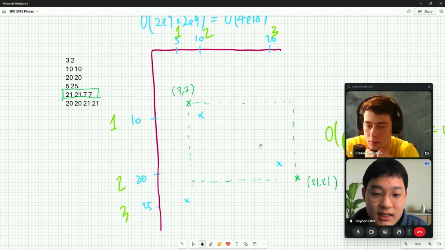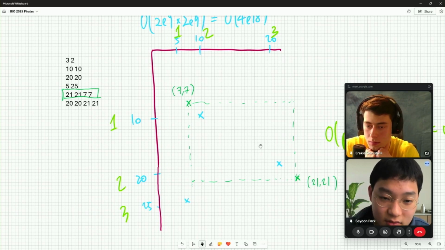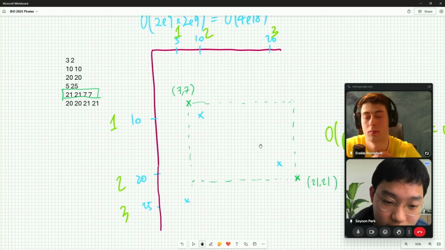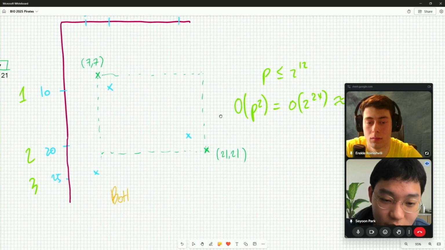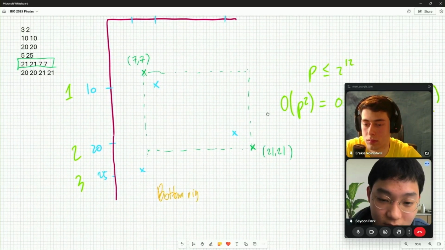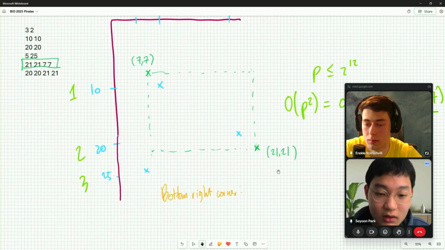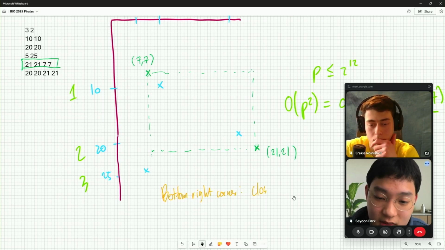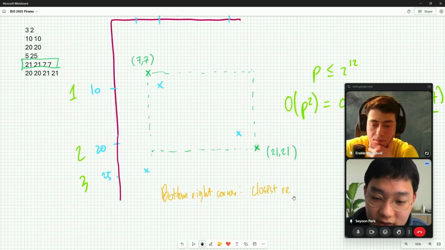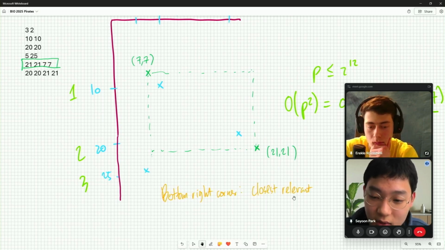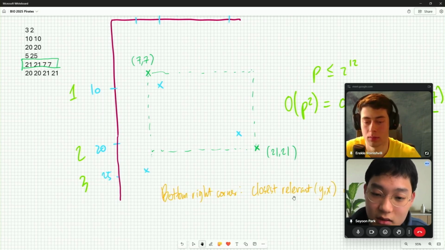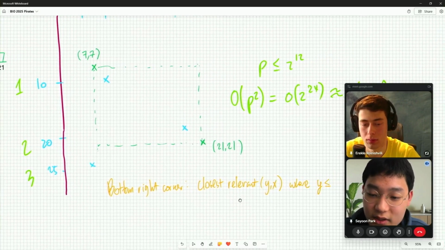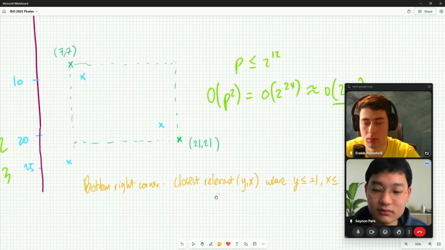You can actually see that for the, I'll write it down. So for the bottom right corner, we want to find the closest relevant y, x where y is less than 21 and x is less than 21.